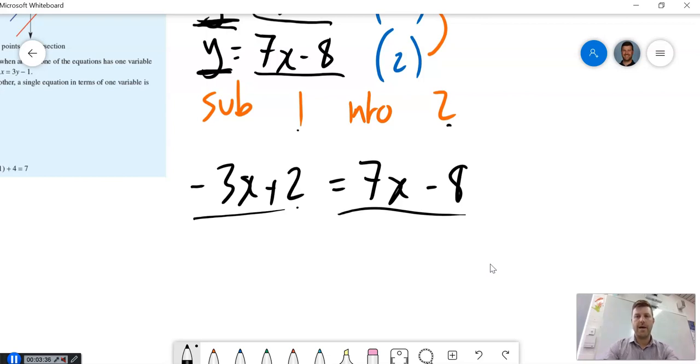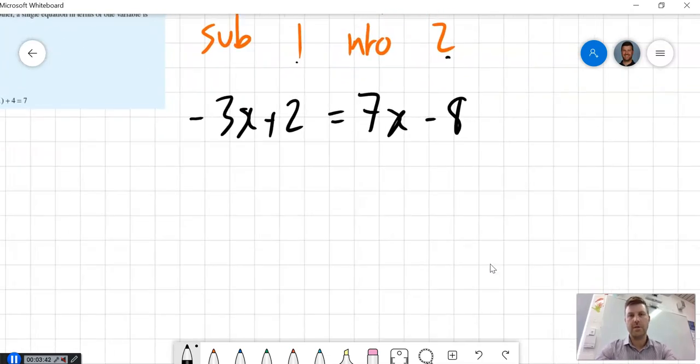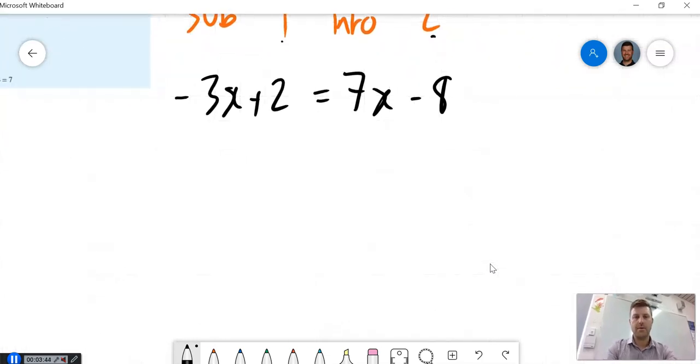Then we're going to go ahead and actually solve for x in both those equations. Let's start by removing x from one side. I typically like to target the negative value, so I'm going to get rid of the minus 3x by adding 3x on the left-hand side. That means I need to add 3x on the right-hand side. I'm then left with 2 equals